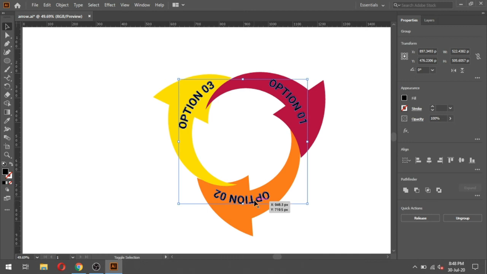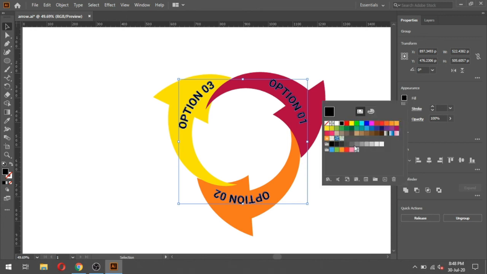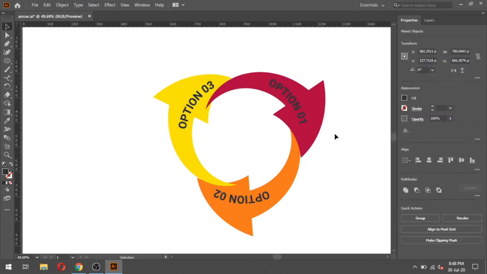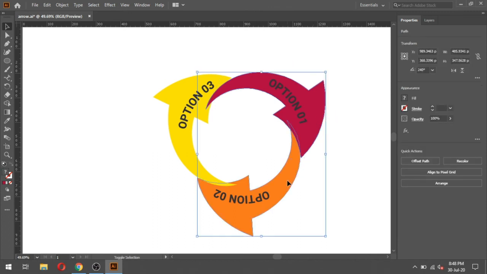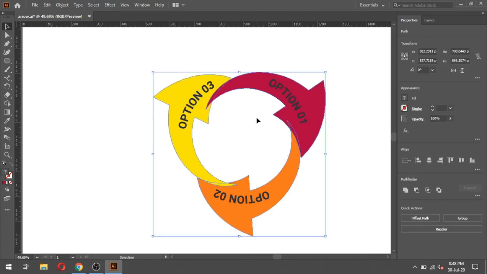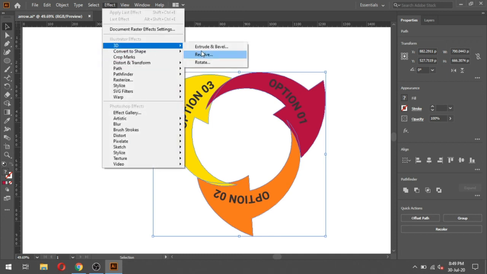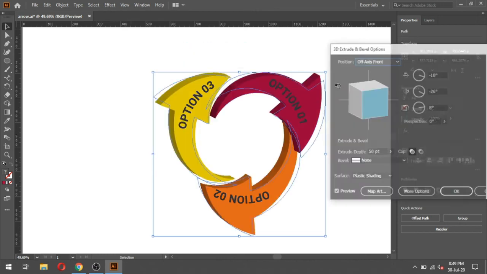Select the alt text and change the color. I am choosing gray color. Now select all, go to Effect, 3D, Extrude and Bevel.